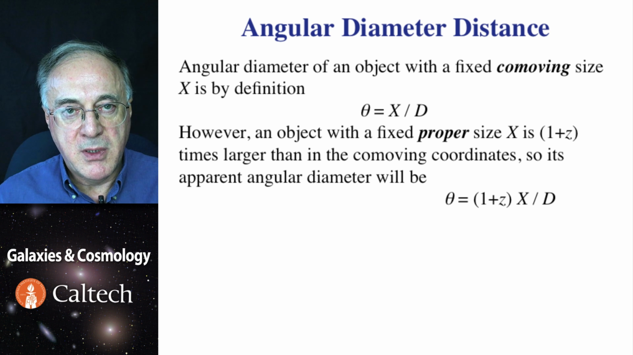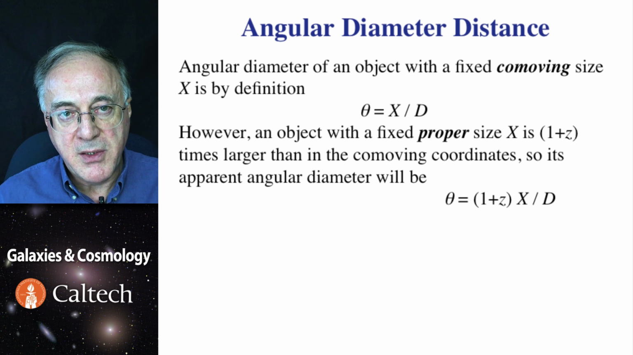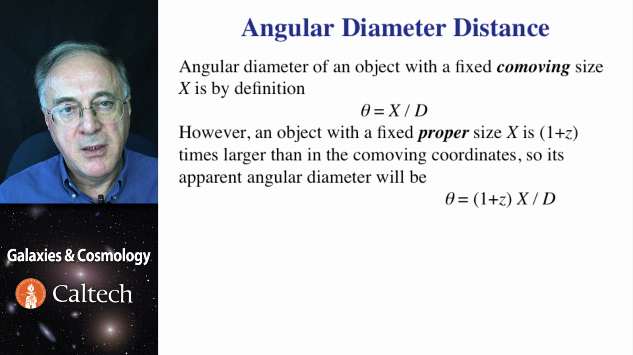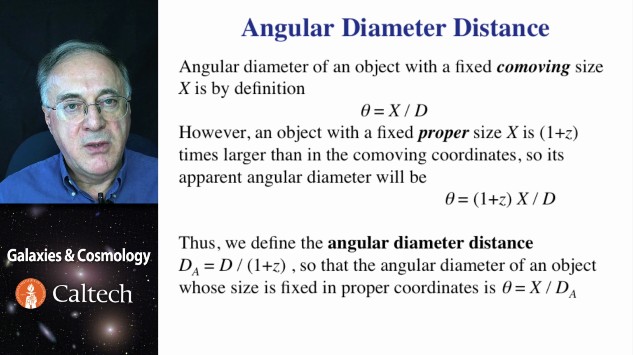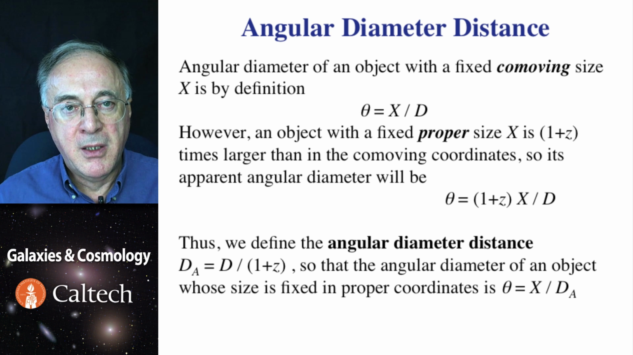Galaxies do not expand with expanding space. At any given redshift, proper size is larger than the co-moving size because co-moving coordinates have expanded since then, and it's larger by exactly a power of 1 plus z. So here we have the opposite scenario. The objects in an expanding universe are actually bigger than they would be in a non-expanding case. And we divide the distance by 1 plus z so that we can use the familiar formula, and that's called